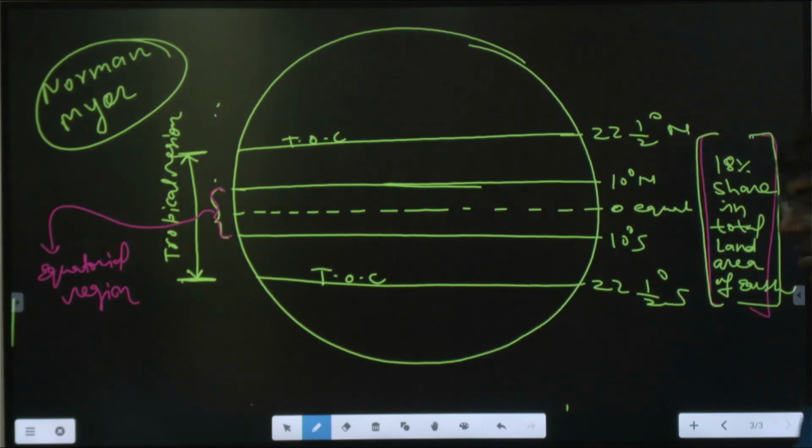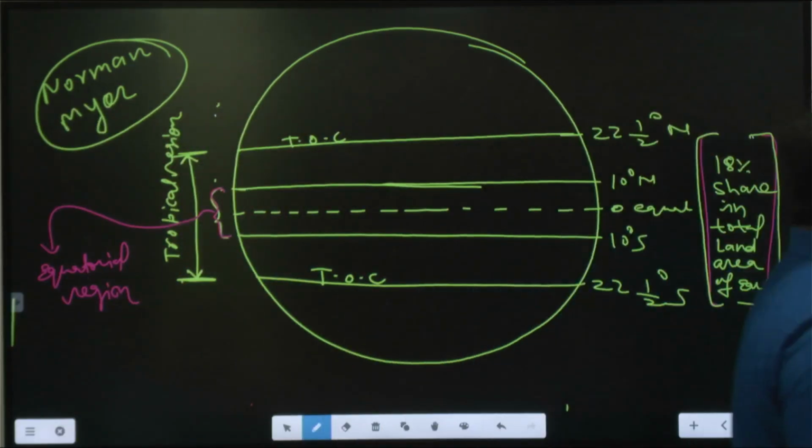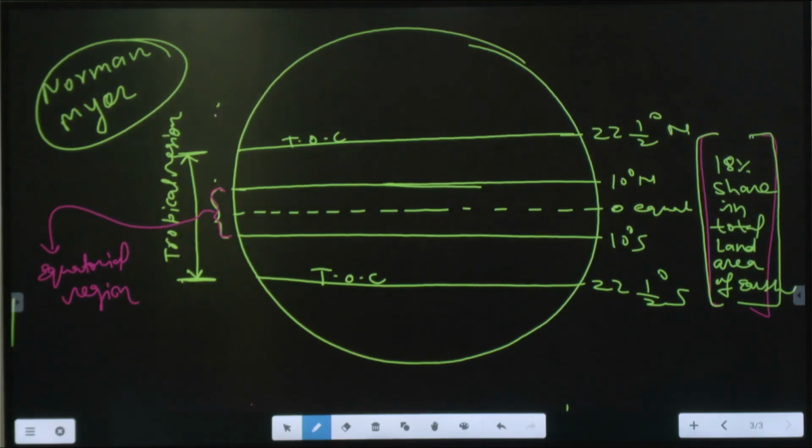Total 36 biodiversity hotspots has been declared by Conservation International Agency, Conservation International, and out of these 36, 4 hotspots are in India,